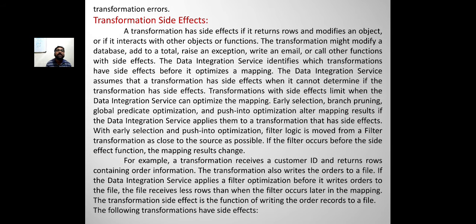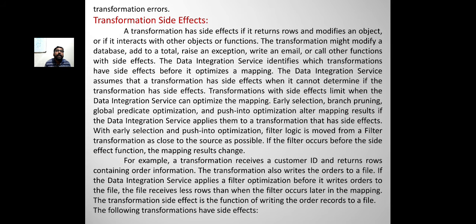The Data Integration Service assumes that the transformation has a side effect when it cannot determine if the transformation has a side effect. Transformations with side effects limit when the Data Integration Service can optimize the mapping.